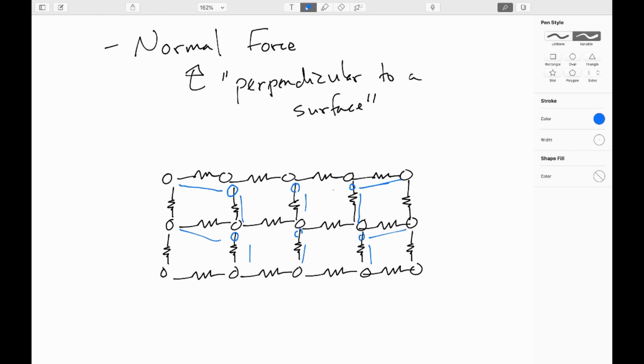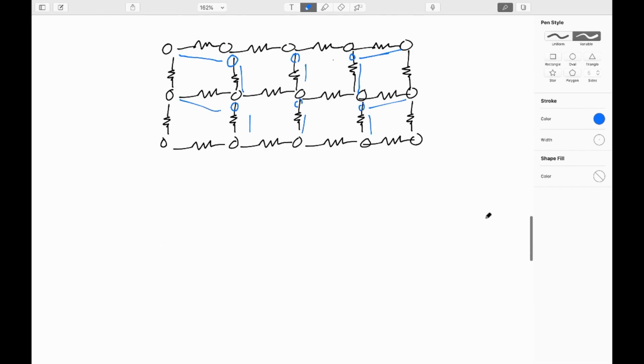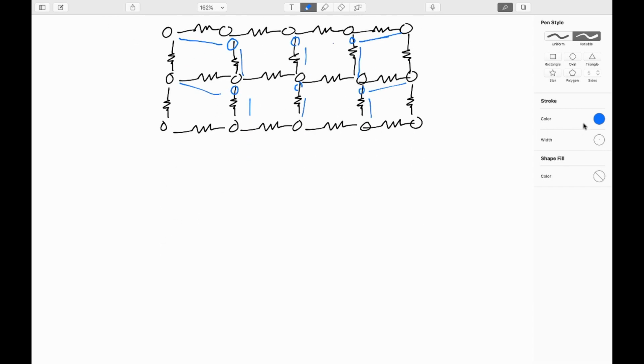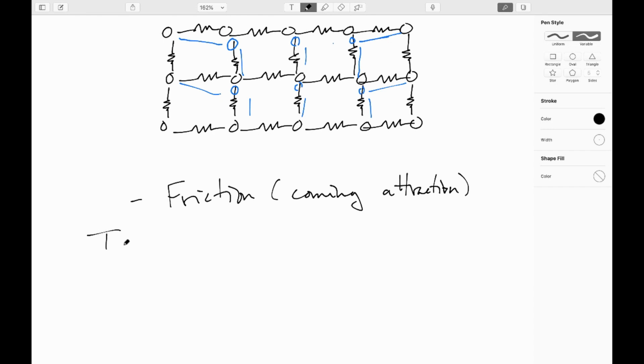We're going to hold on friction until a later video. So for friction, I'll just say that this is a coming attraction. Mostly because it's a complicated enough model that deserves its own separate analysis. But we can look at, say, like tension